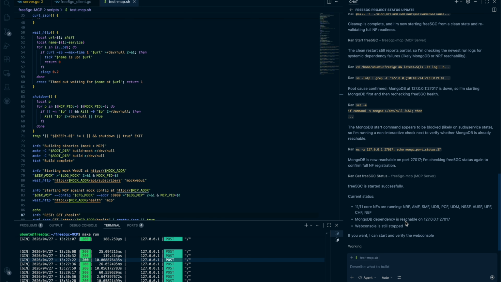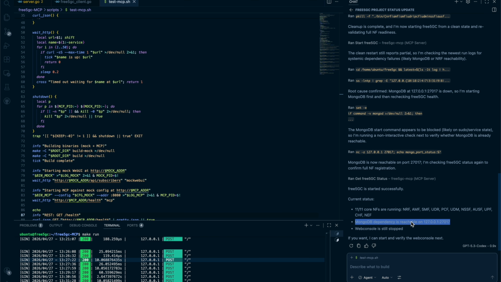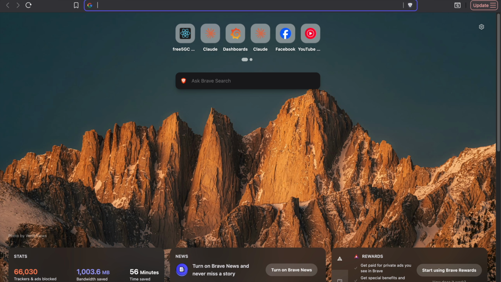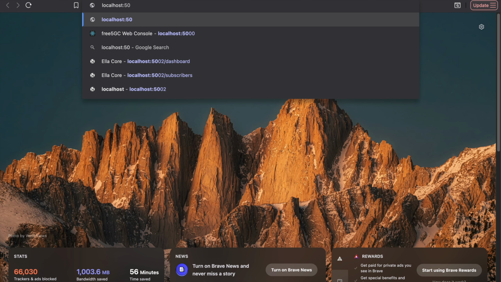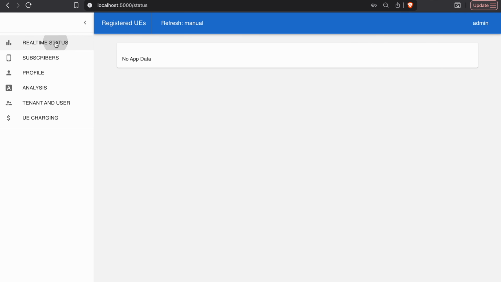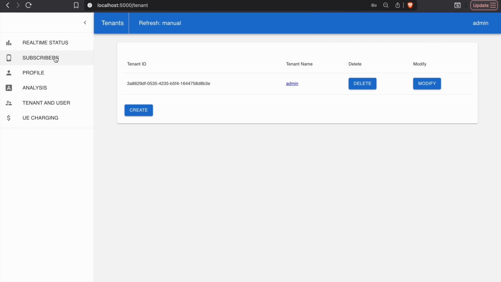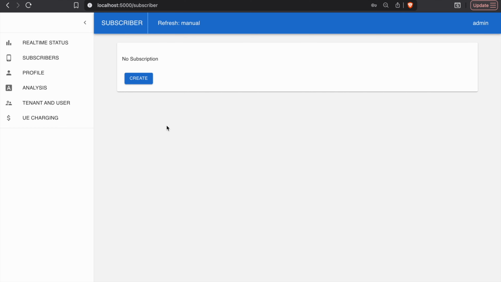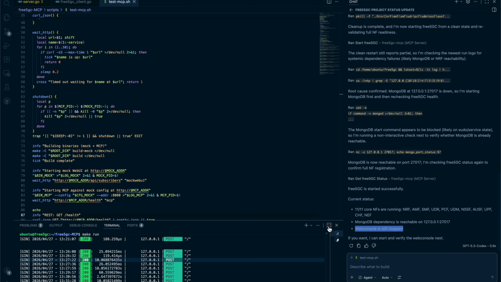Okay, it says that 11 coordinate functions are running, and it's reachable. The web console is still stalled, but I believe it should work. If you go to localhost:5000, yeah, because I'm running the web console externally on my system, so I can do it. All right, so everything is running fine, and we have no subscribers, and we can also verify if everything